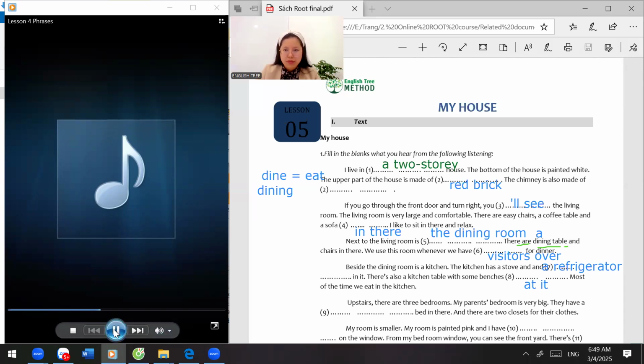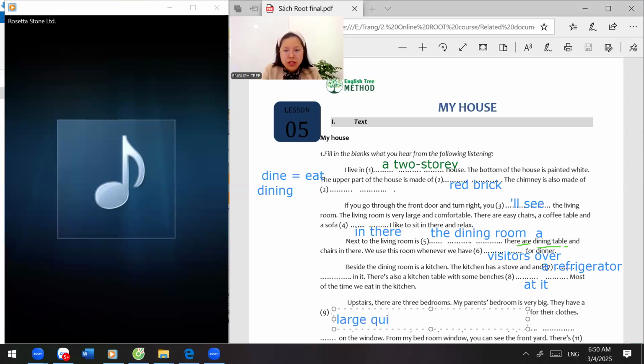Upstairs, there are 3 bedrooms. My parents' bedroom is very big. They have a large queen-sized bed in there. They have a large. Okay, so here we have rồi này, large. Cần phải điền 3 từ đúng không? Queen size